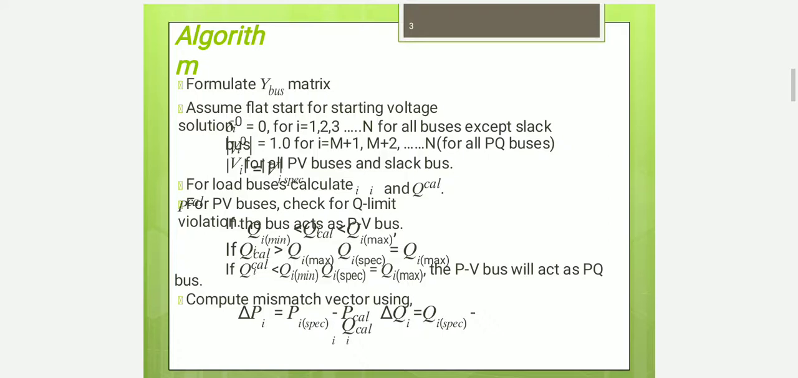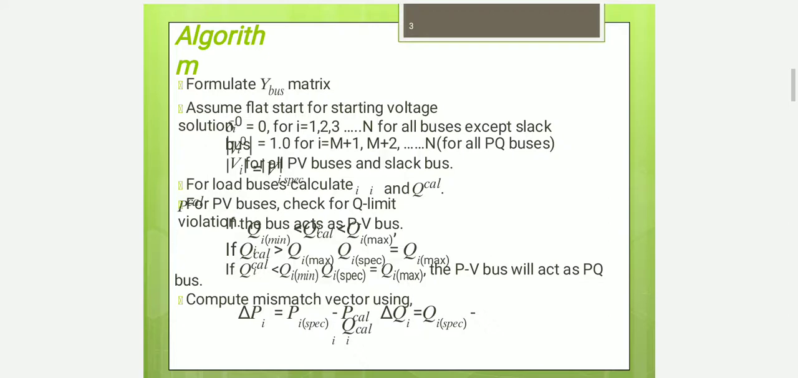And the second point is to assume a flat start for the starting voltage solution. You need to take the value of voltage as 1 angle 0 for all buses except the slack bus, where the slack bus voltage is taken as 1.0 pu. In general,